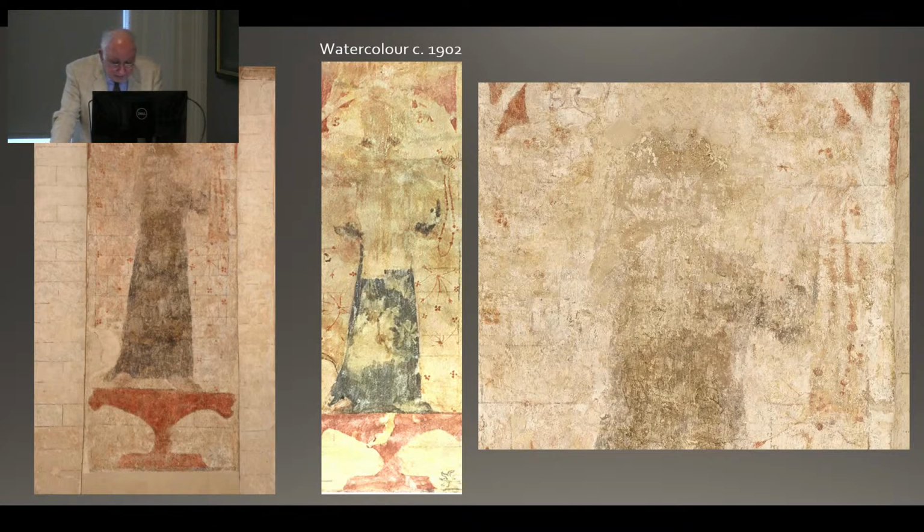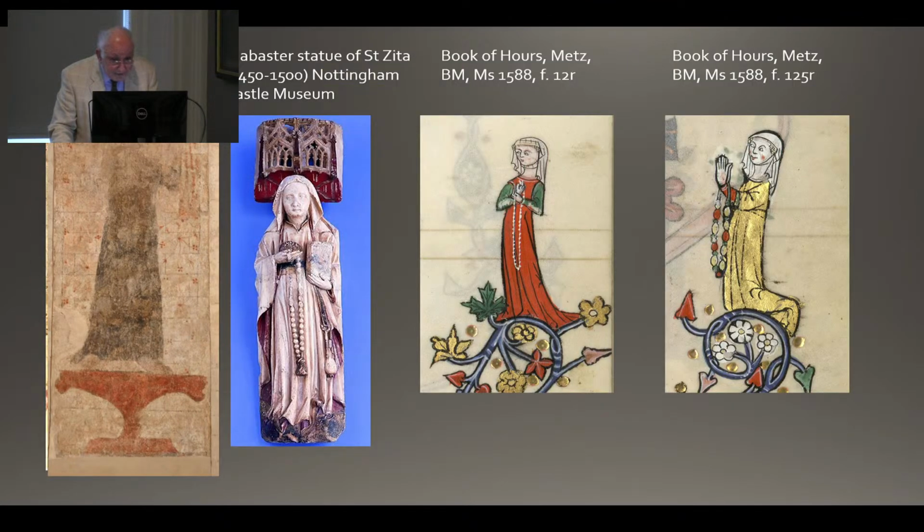The unusual iconography of this gesture also posed iconographical problems. Such gestures of holding up what we would call a rosary can be found in illuminated manuscripts, but they are normally confined to a supplicant or donor figure, as you can see with the two examples I'm showing you there. Given the number of images that survive where she is shown with a rosary and a book, it may indicate